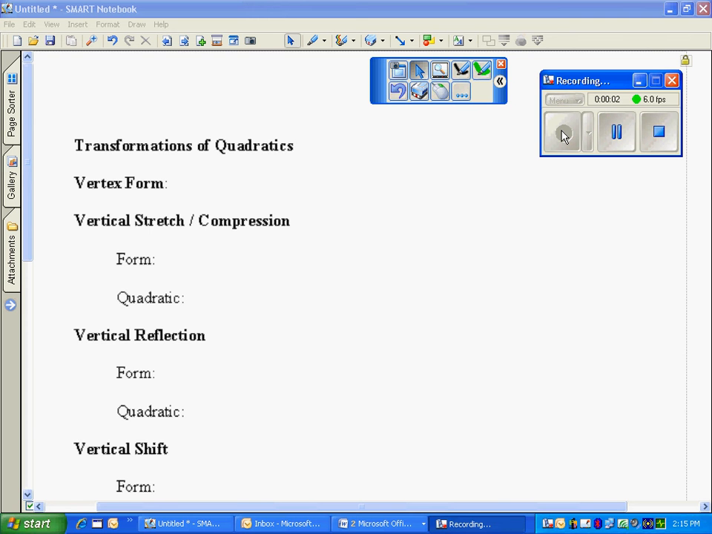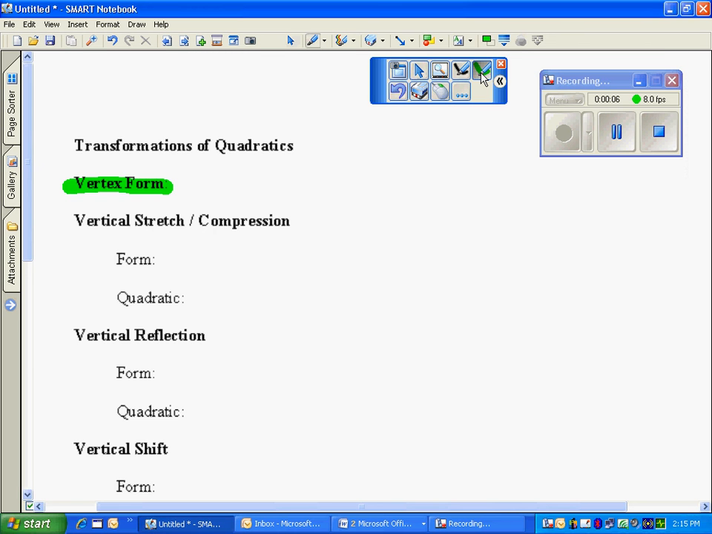We're going to be interested in the vertex of these parabolas. So we have a form of a parabola called the vertex form. What happens is we're going to take the standard form of a quadratic and convert it into the vertex form. And the vertex form